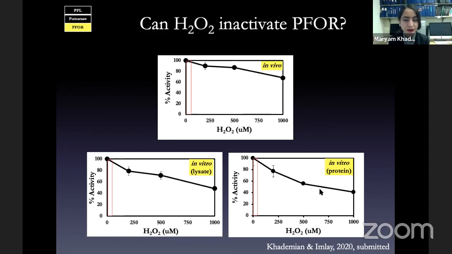And you can see here that these red boxes, I tried to capture somewhere around 10 micromolar hydrogen